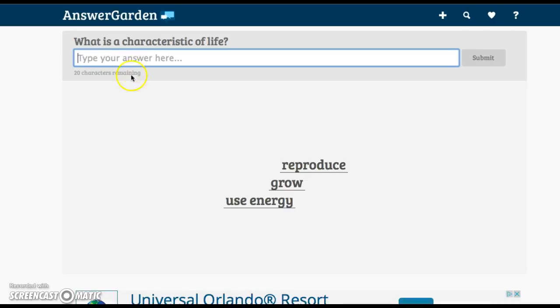If you scroll over these, you can see that "uses energy" was entered once, "grow" was entered once, "reproduce" as well. So you can use it to assess knowledge,